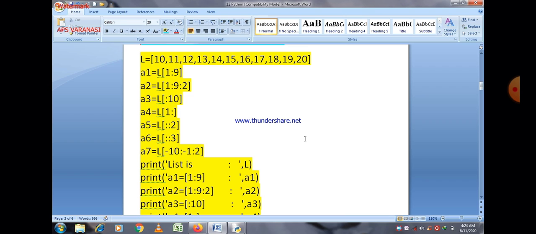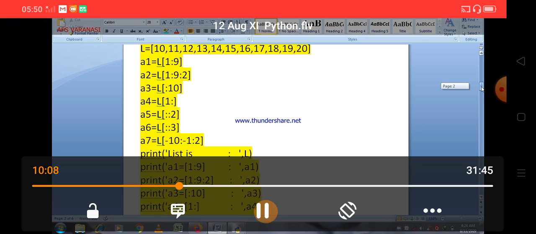It is always excluded. In the second case, you can easily see 1 colon 9 colon 10, but there is a difference, and the difference is in terms of the increment. By default the increment is 1, but when you type any other increment value, it may be positive or negative. We will discuss it later on in this video.